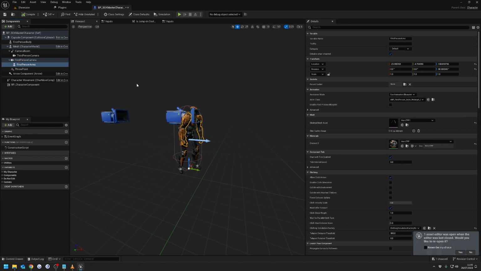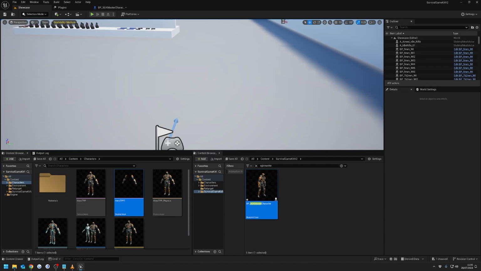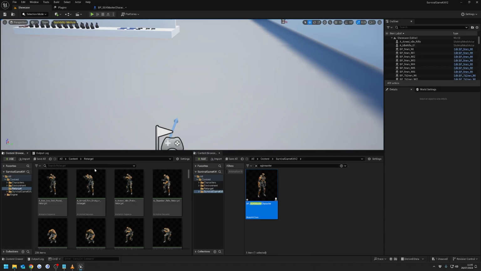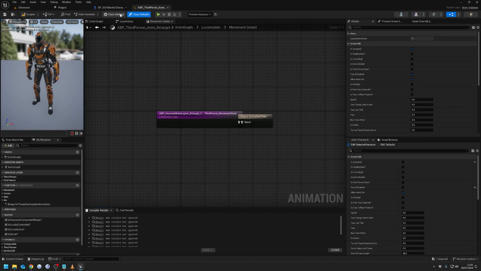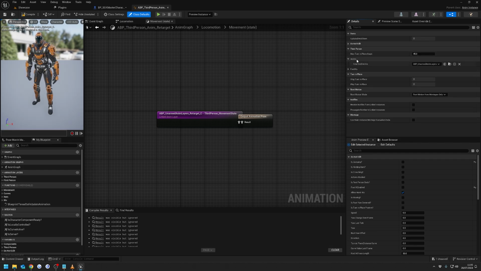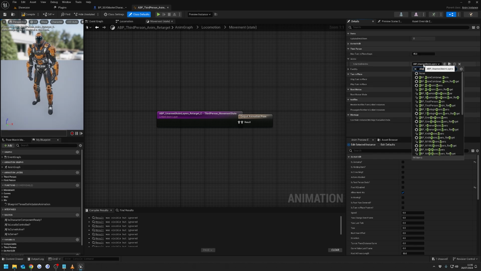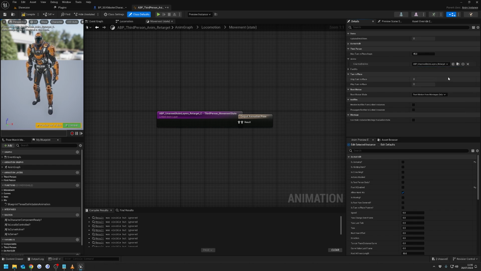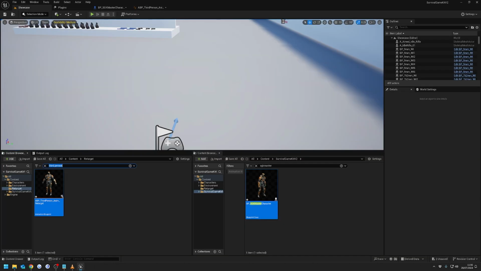Then compile. Now there's one other thing that I forgot to change in our animation blueprints, so we're just going to go back to our retarget folder, search for third person, open that up, and in here go to class defaults. We'll hide this tab, find the animations drop down, and change this to ABP_unarmed, and we want the retargeted version. Then we'll do the same thing in the first person, so search for first person, open that up,